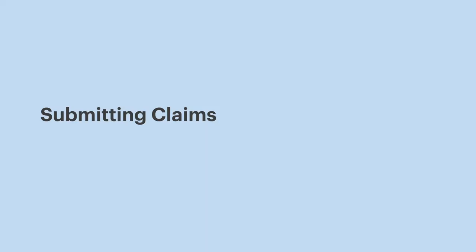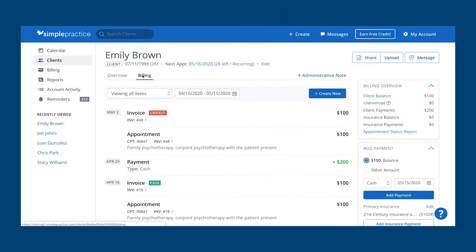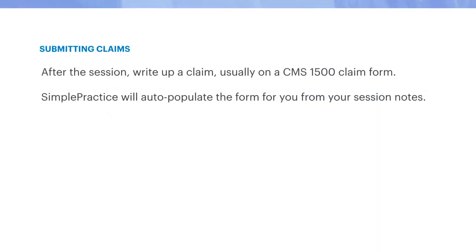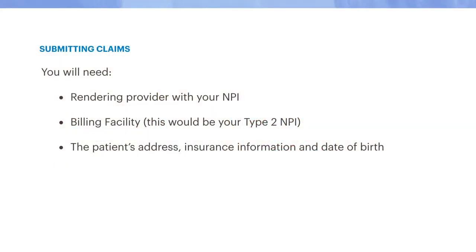After you've seen your client, you can go ahead and get your claim ready to submit. So in SimplePractice, it's really easy. That's why I really like using it. All you do is you go to the billing section and you select a date range, and then you can create a claim from that. They're called the CMS 1500 claim, and CMS is just Centers for Medicare and Medicaid Services. It's just the claim form that has all of the information that you will need to submit to the insurance company. The basic information that you'll need is, of course, the client's name, their insurance information, your NPI number, the